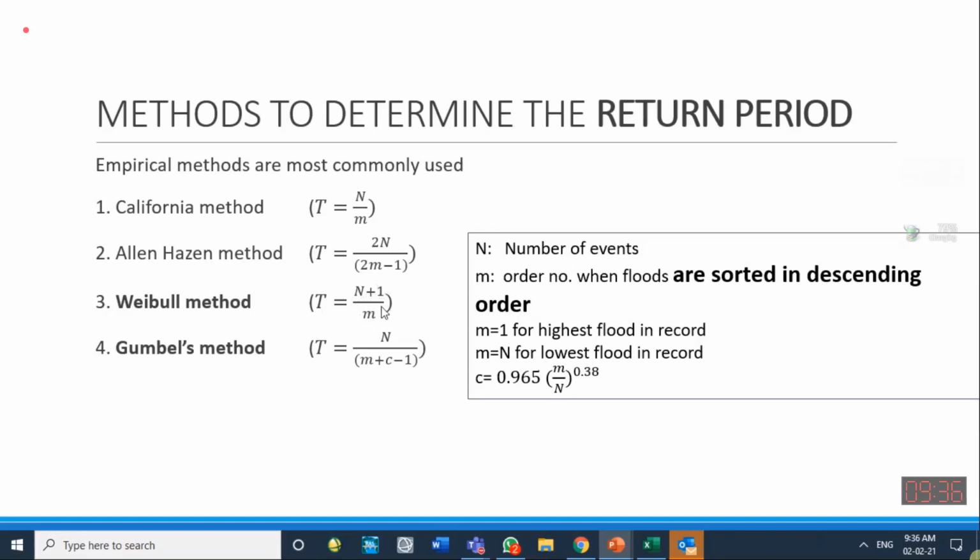for data, for example, of order 1, it is not possible that it occurs exactly after 30 years. So people have given this small variation in the data based on statistical reasons, that we are not sure that it is a 100% probability that it will occur. So the Weibull method has given n plus 1 over m as the time period formula.